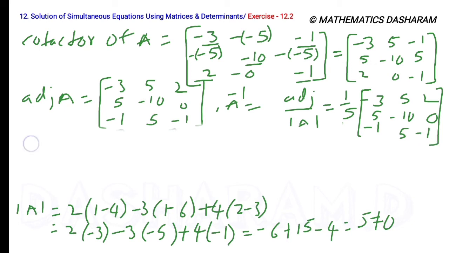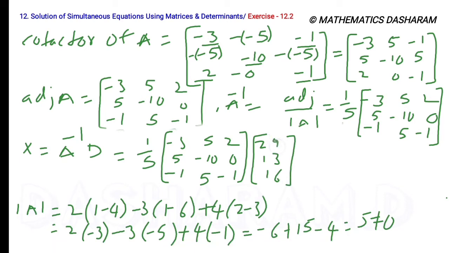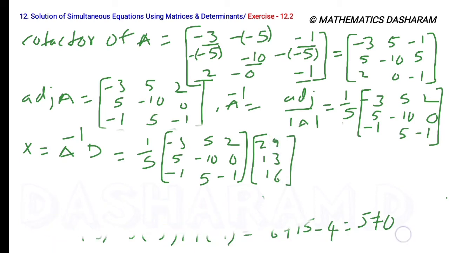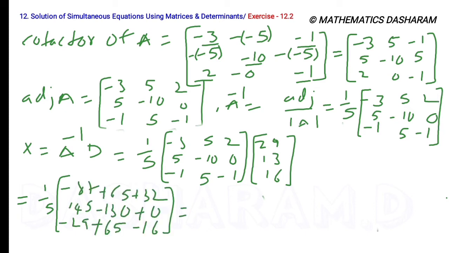So now our required answer is X, so the formula for X is A inverse into D. So A inverse is 1 by 5 into minus 3, 5, 2, 5, minus 10, 0, minus 1, 5, minus 1, into the D matrix, which is 29, 13, 16. So let us multiply these two matrices. At present don't multiply with 1 by 5, so write 1 by 5 as it is. Here minus 3 into 29. So here is a multiplication. Let us simplify this. 1 by 5 bracket of